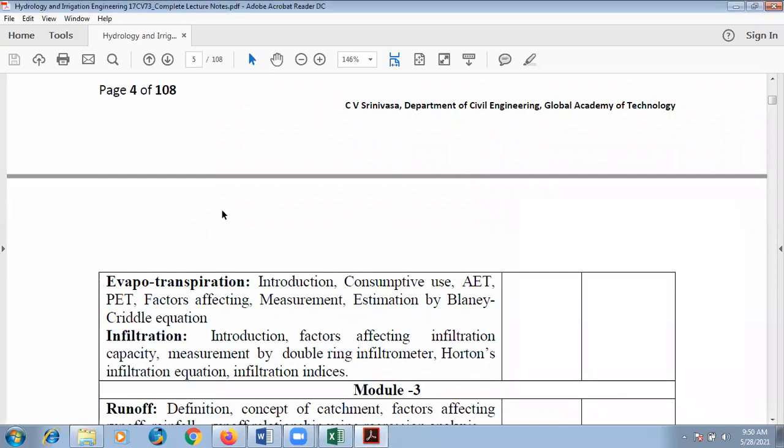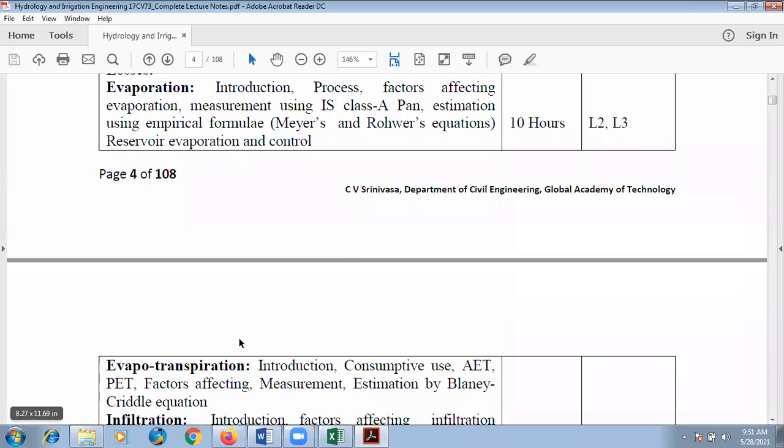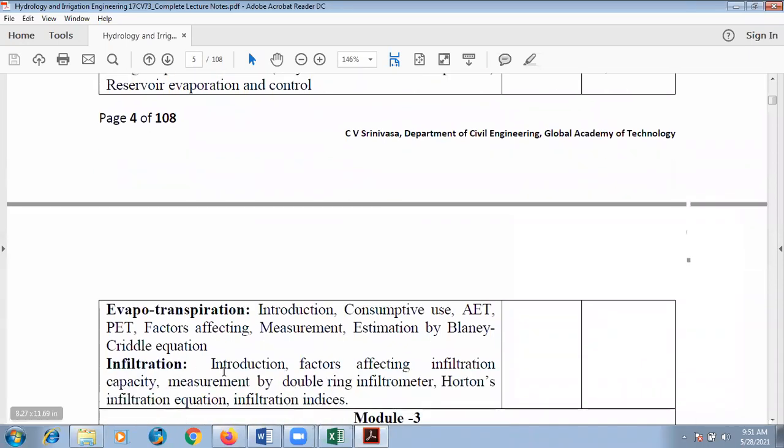So while discussing the case of hydrologic cycle, we understood that these terms, evaporation, evapotranspiration, or infiltration, are known as losses of rainfall, are also known as, in strict sense, abstractions of rainfall, sometimes even components of rainfall. So whatever way you wish to. In syllabus, it is mentioned as losses of rainfall. Actually, in hydrological terms, it should be called as abstractions of rainfall. And in some informal situations, it is also known as components of rainfall.